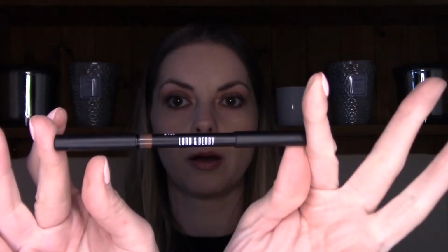And then for my brows, I'm going to use the Lord & Berry Perfect Brow Pencil Magic Definer. I usually like to use a brow gel, but this pencil was all I had in the way of brows. I have the shade Brunette. It's a really nice soft pencil actually that goes on really easy. I think that Brunette shade might be a bit too warm for me. I think they only have about 3 shades,